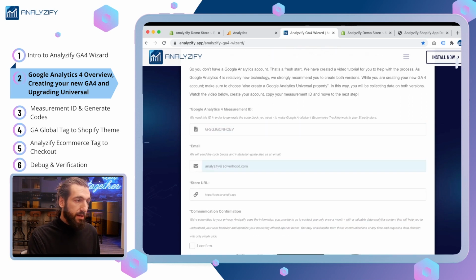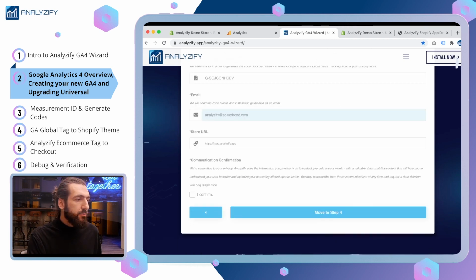And then type your email address. We will send you the code blocks and also the installation guide via email, so that you have the installation guide in place. You can share with your developer, with your colleagues, or just for your records. Type your store URL here,